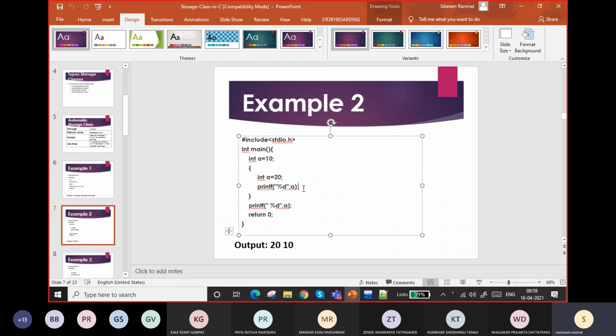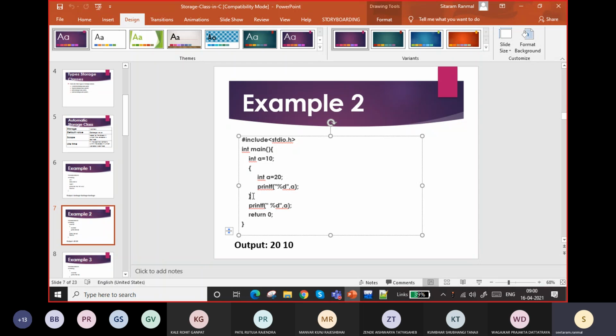Because of this printf statement, it will search for the variable a and its value. It will search for the nearest one, so a will know that its value is 20. It will print 20.